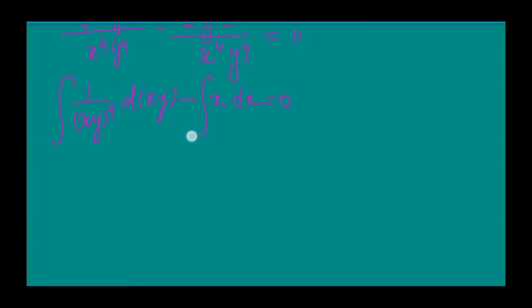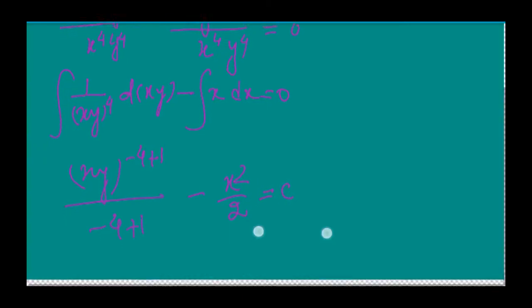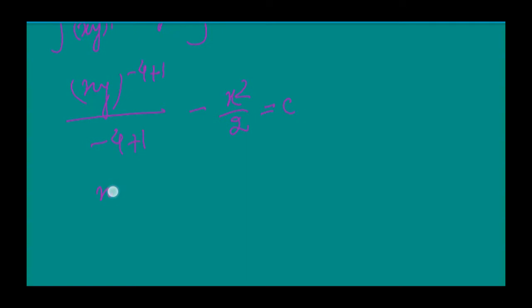What will we get? (xy)^(−4+1)/(−4+1) − x²/2 = c. So what will it be? (xy)⁻³/(−3) − x²/2 = c. This is the solution. So there are so many combinations from which we can determine what the combination will be,